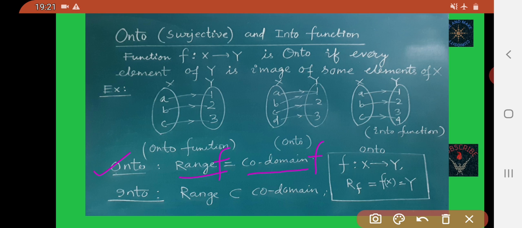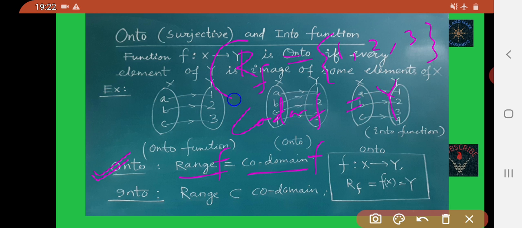If they are equal, then we can say this function is onto. Here you see the range of function f contains 1, 2, 3 and the codomain of f is Y set.